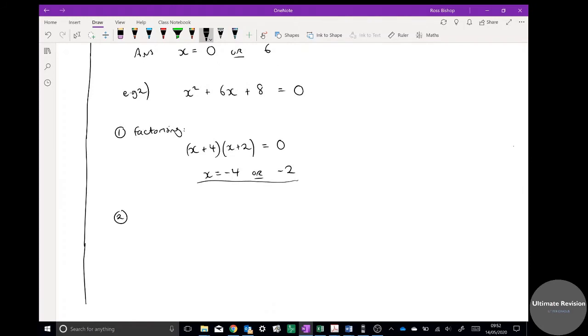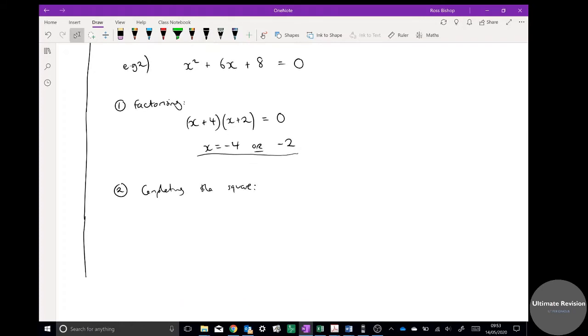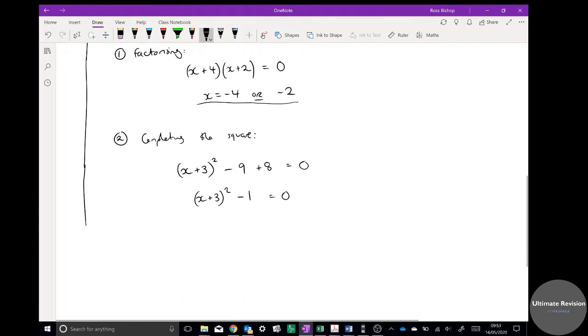I'm now going to solve the same one. Again, you can pause the video if you want to give this a go by completing the square. Okay, so if I was to solve this by completing the square, I get x plus 3 squared minus 3 squared, so minus 9, plus 8 equals 0, so that's completing the square on the left-hand side. So if I solve x plus 3 squared minus 1 equals 0, and add 1 to both sides,